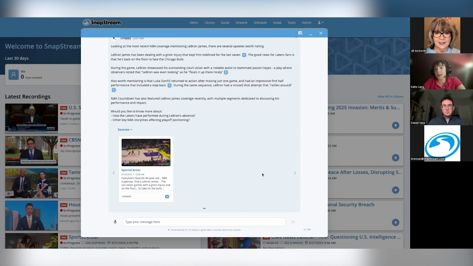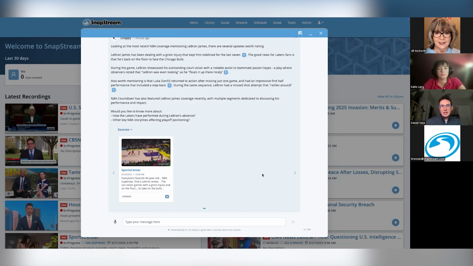If you don't have a lot in your library, right now Snappy is not going to be able to do that much for you. There's a lot that we have planned for future features that will enable Snappy to do more things. But at least having a couple of recordings for Snappy to work with will provide optimal results. If you only have maybe one or two recordings, I'm not sure how much Snappy could do, but you could still ask questions and see what insight Snappy is able to pull from that.